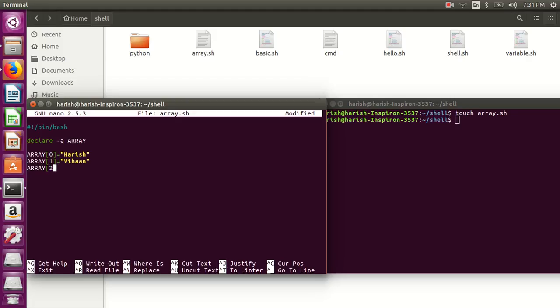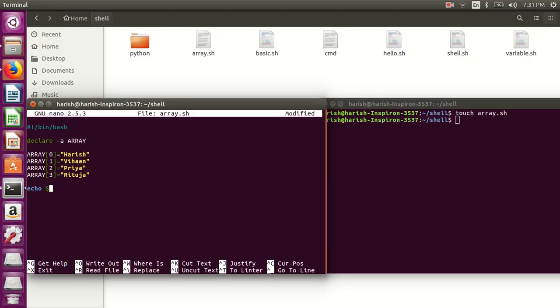Array 2, array of 3, like this. So this is the declaration, and to display this we use echo and